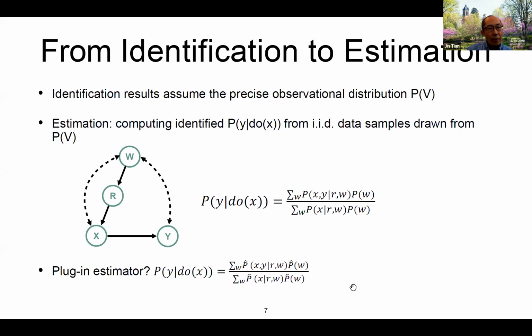Now, this is okay for low dimensional data. Here, we'll be concerned with high dimensional data, if we have many variables in the model. Or for this particular case, if we say W is high dimensional. And then plug-in estimators have various issues. So we would like to design estimators that will have nicer statistical or computational properties.